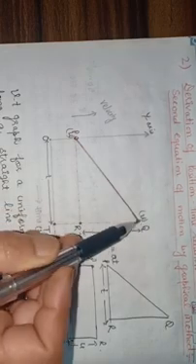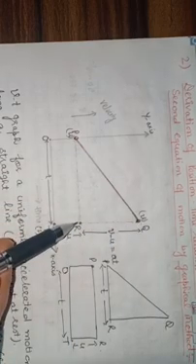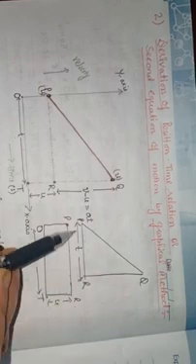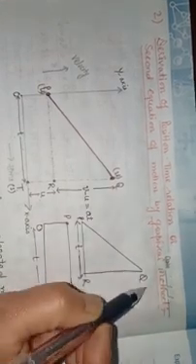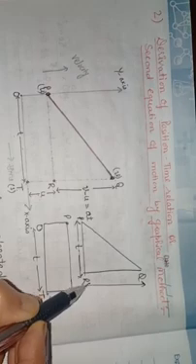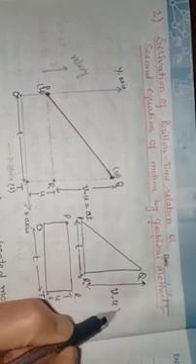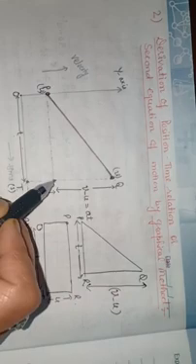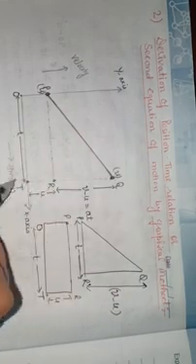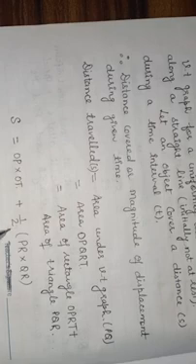For the area of the triangle, as we know the formula, half the base into height. The base of this triangle is PR, and the value of PR is equal to t, and the height QR is v minus u. Now substitute all these values. First of all, write down the formula: the total distance traveled is equal to OP multiplied by OT plus half PR multiplied by QR.